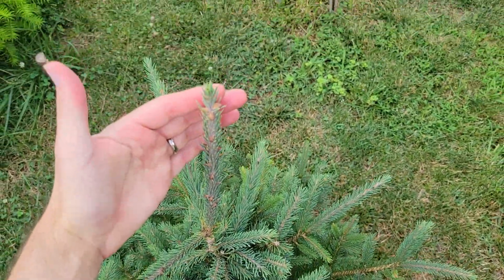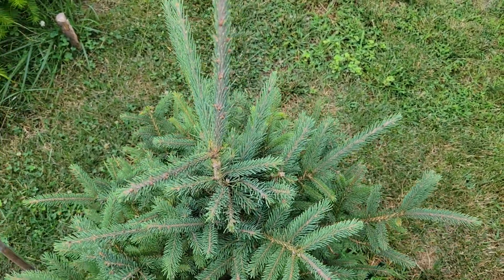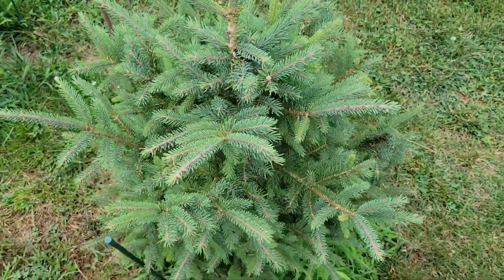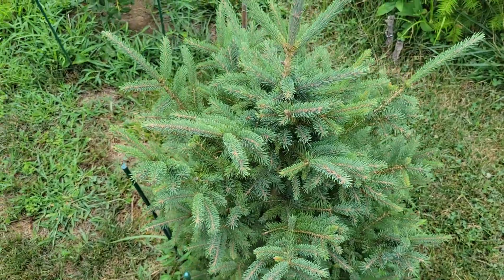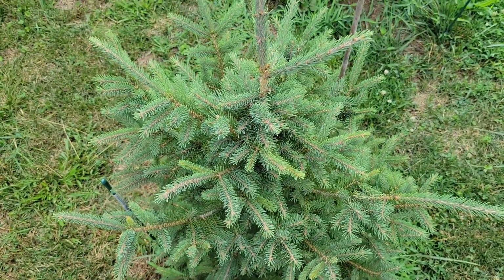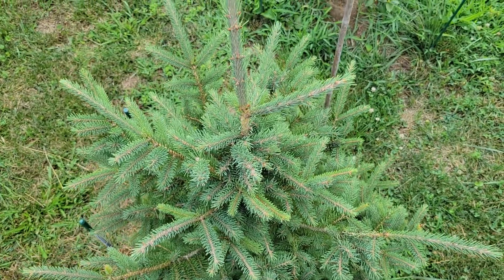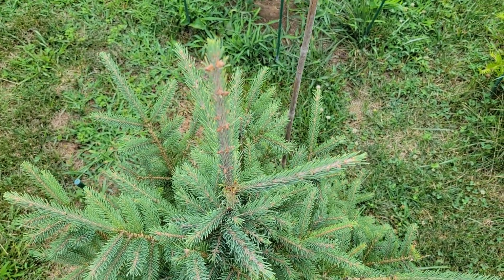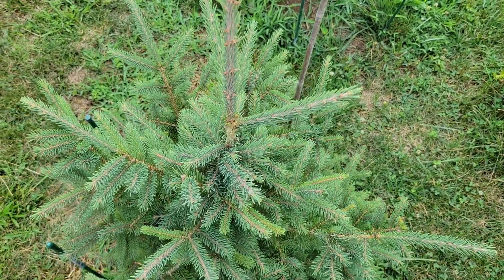But this one has actually put on a lot of growth this year. This is approaching 1 foot of vertical growth, really good horizontal growth, and it's just looking great. So Black Hills spruce, you can find it at Lowe's. Now, the easiest to find spruce everywhere appears to be the Colorado blue spruce, but I don't have a single